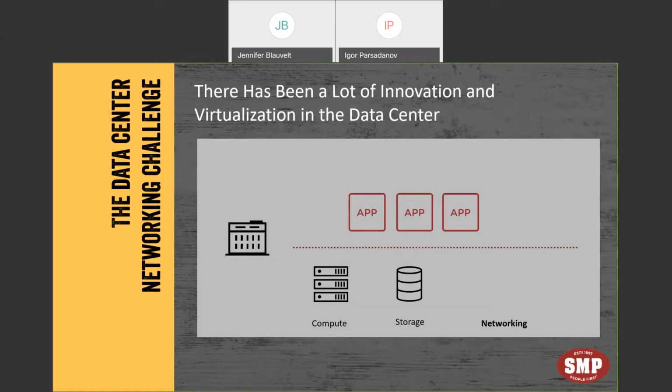On the networking side of things, some things got virtualized. We had things like VLANs, right? We virtualized LANs so that we can have more than one LAN on a switch. But much of it hasn't changed. We went from a three-tier architecture to a spine and leaf architecture, but very much of the network world still lives in the hardware. It's still hardware defined. It's controlled on the hardware.